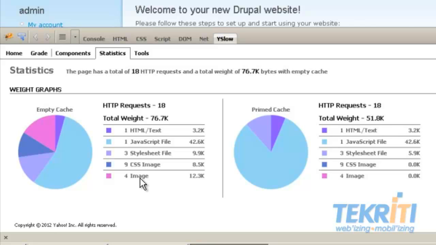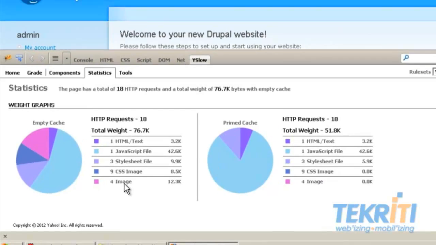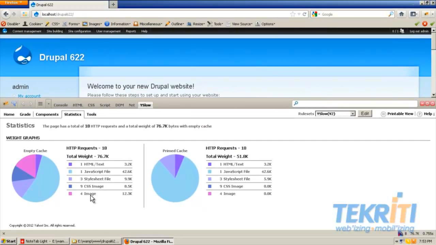Most of these files are static files which remain the same every time we load the page. We have not cached any of these files yet. So every time you load the page, the same number of HTTP requests would be sent to the server. That results in slow performance of the website. Now let's see how to enable caching for the static files and increase the performance of the website.